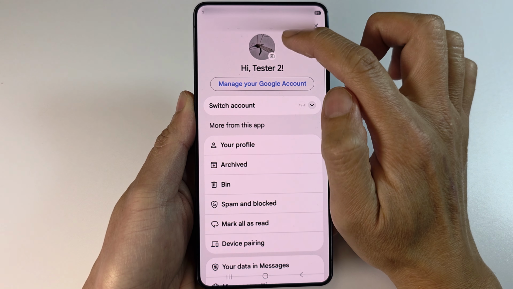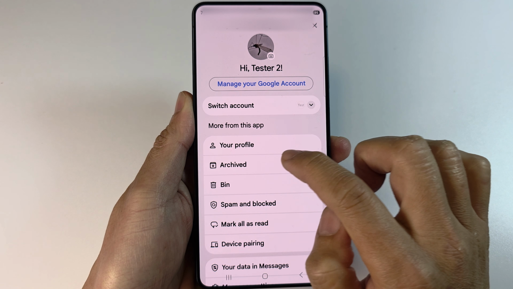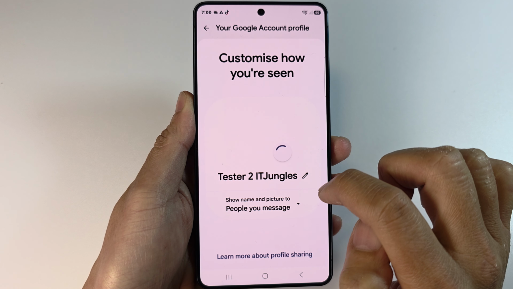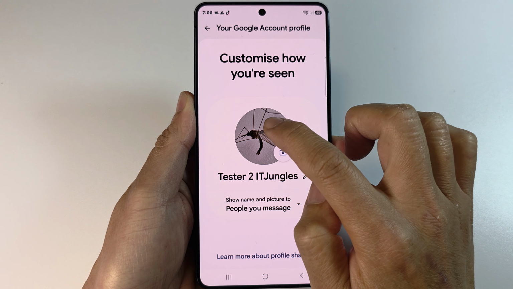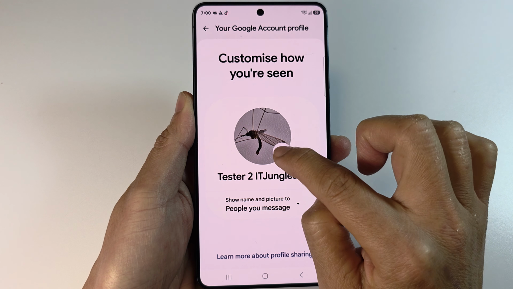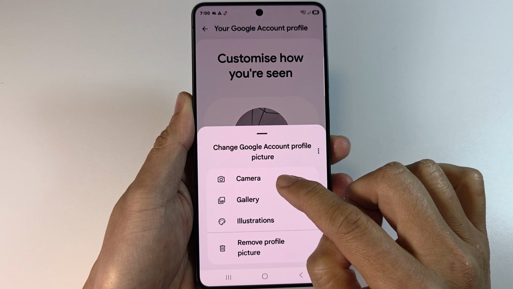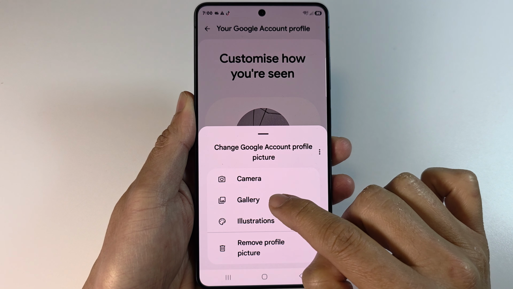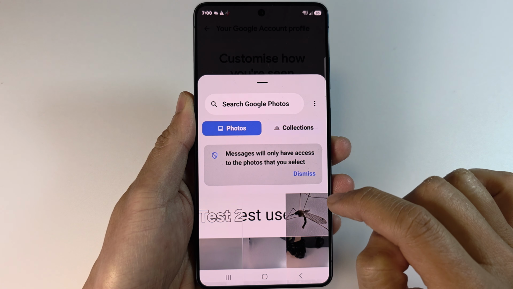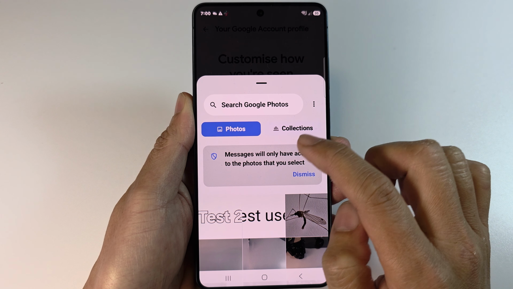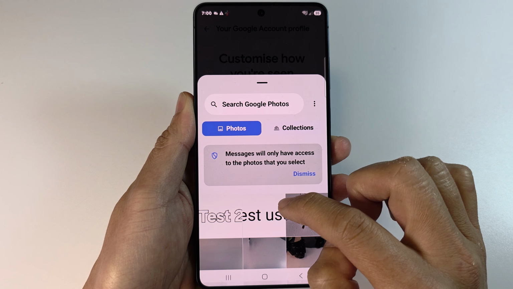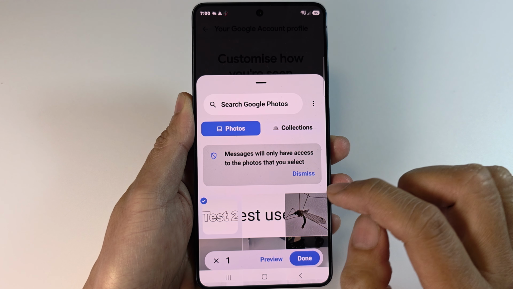Next, tap on the picture icon up here, or you can tap on your profile. And then you can tap on the picture, tap on the camera icon, and then choose whether you want to use the camera to take a picture or select a picture from the gallery. Okay, so we select a picture from the gallery, and from here select a picture that you want to use,